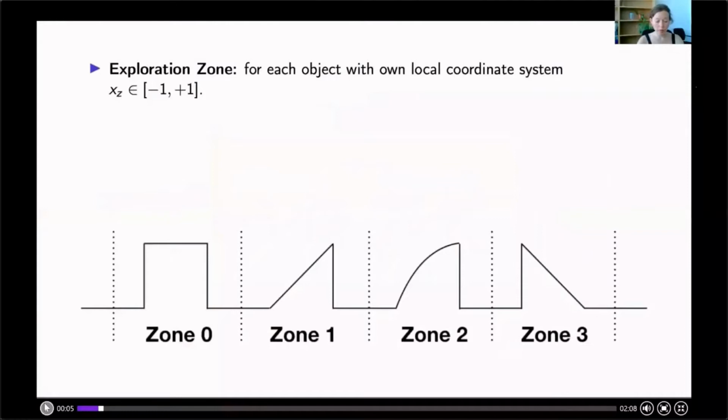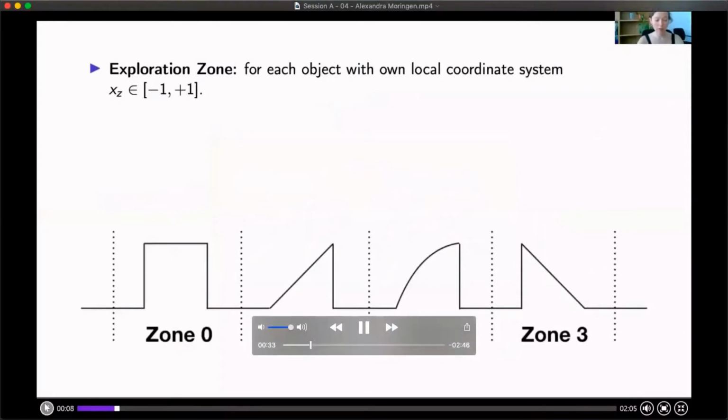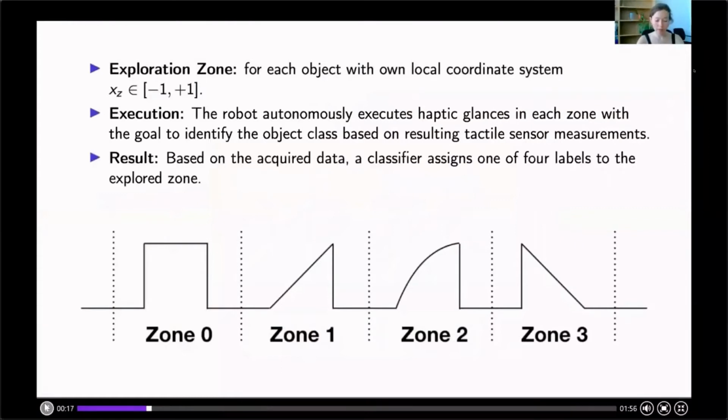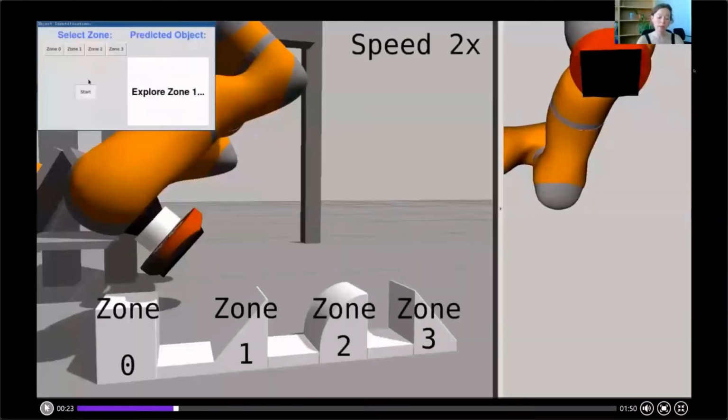The robot autonomously executes primitive haptic actions, the so-called haptic glances, with the goal to identify the object class based on the resulting tactile sensor measurement. While the data is being acquired, the haptic attention model is iteratively optimized to assign a correct label to the